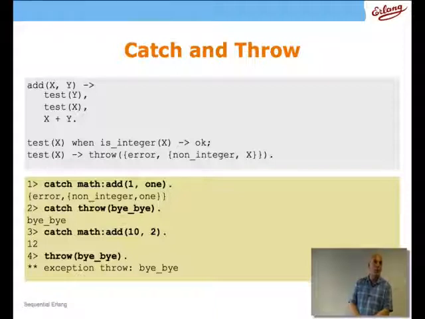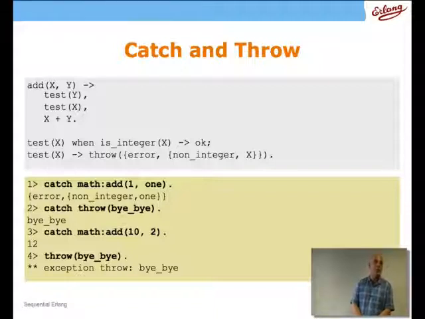If we catch a call where the exception isn't raised, we simply get the ordinary value back. And if we throw an exception without catching it, we've got an exception which has to be handled by the shell. So I think there you see the interaction of catch and throw, and it can be used as part of